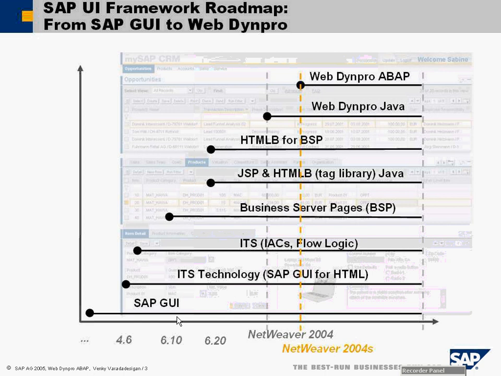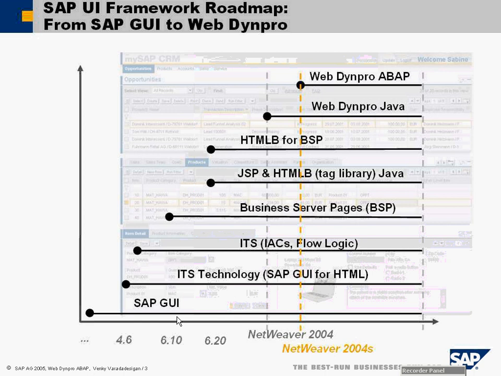And in the mid-90s, with the advent of web technology, we got the ITS, the Internet Transaction Server, which enabled us to run SAP transactions on the web and also customize them using IAC. And the